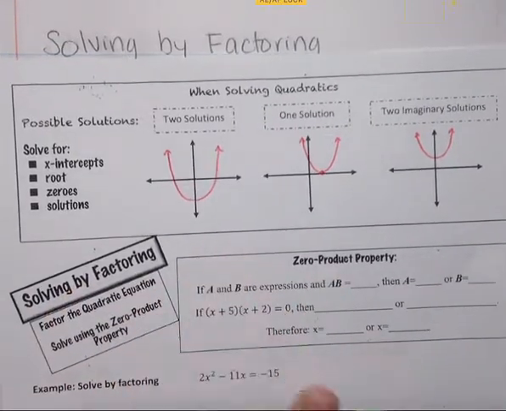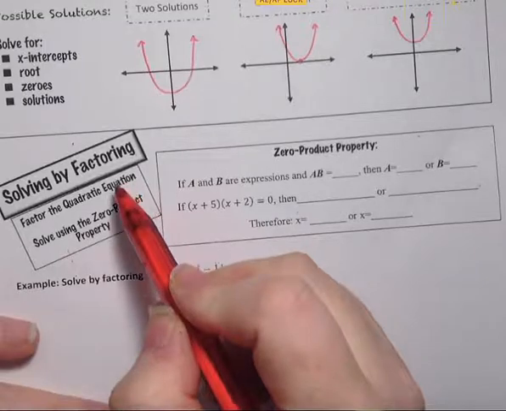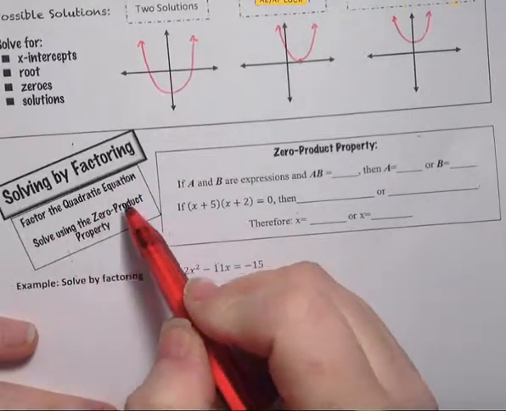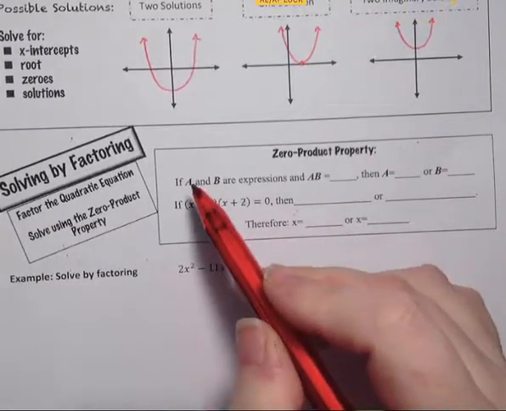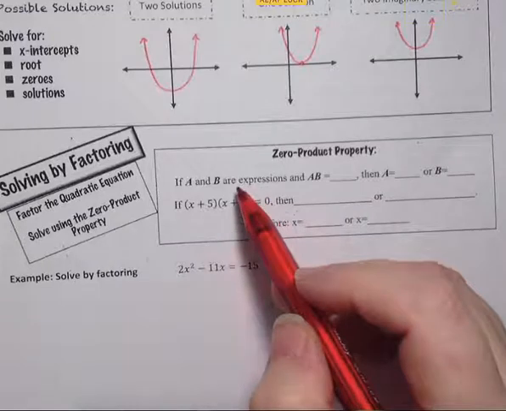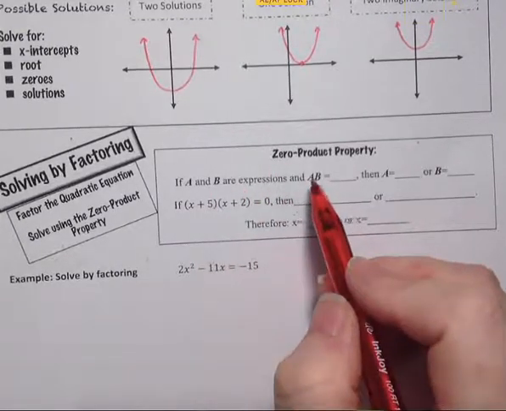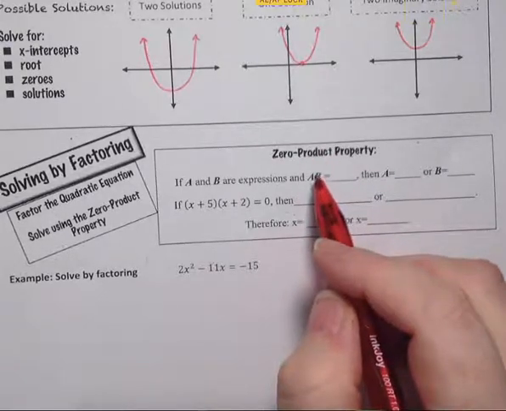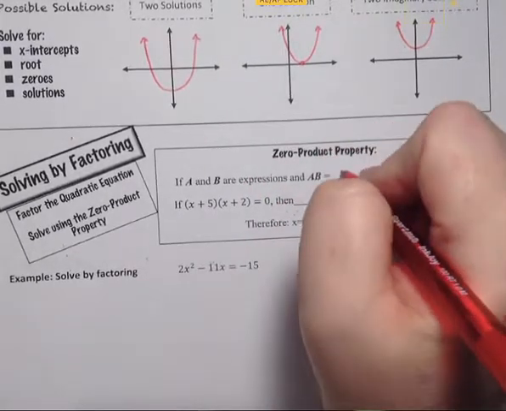So to solve by factoring, we're going to factor the quadratic equation, and then we're going to solve using the zero product property. The zero product property states that if A and B are expressions, which could be any type of expression, like x plus 5 or x plus 2, and A times B equals 0,